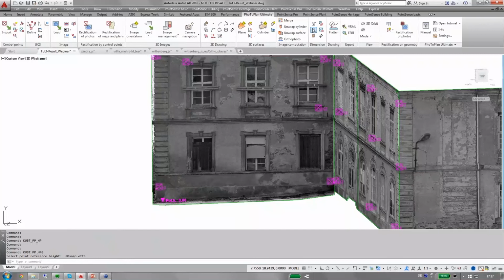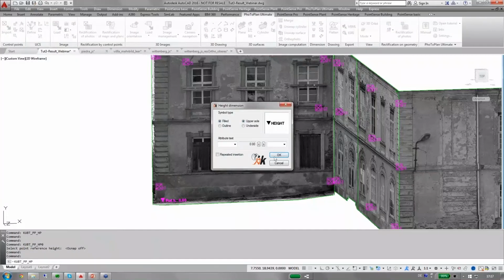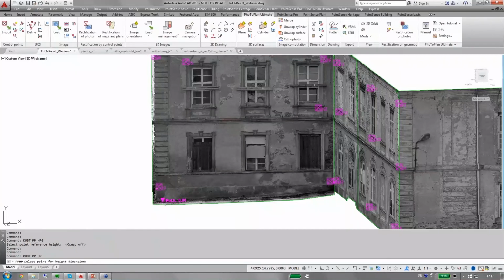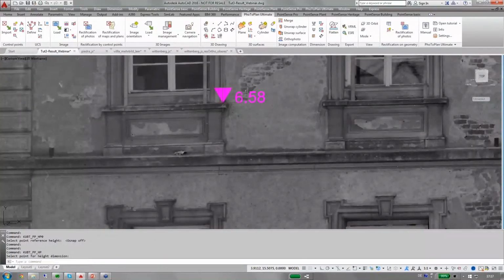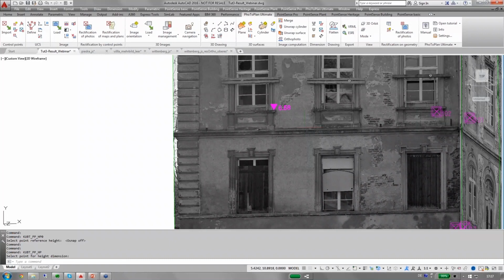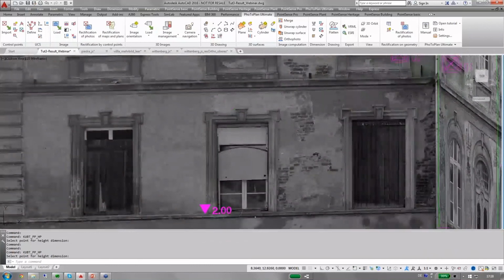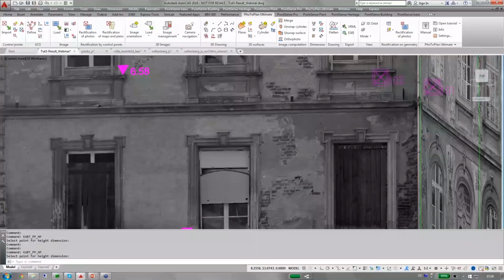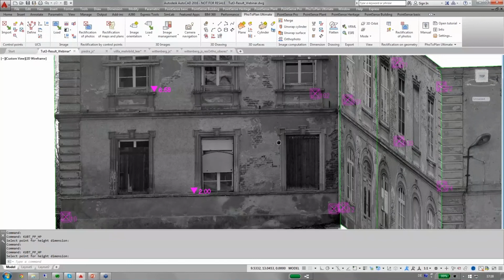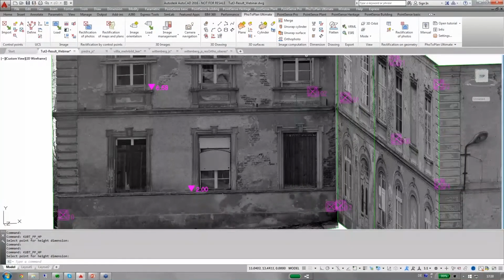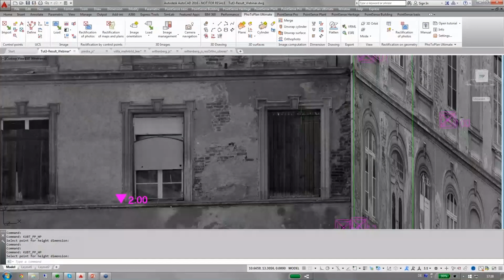And then I could now annotate further height symbols, like here for the windowsill, or the windowsill over here. Okay. And if I want to find out what is the area of that window over here,